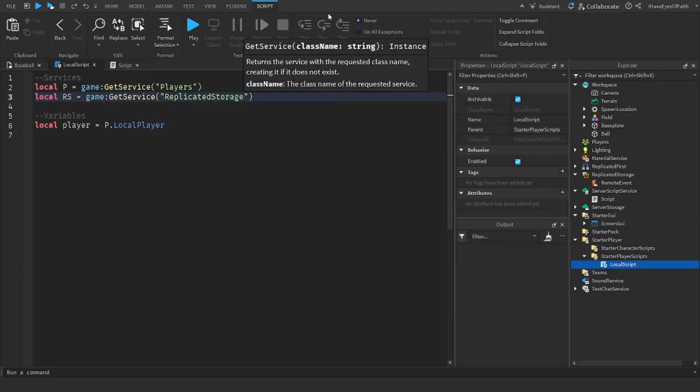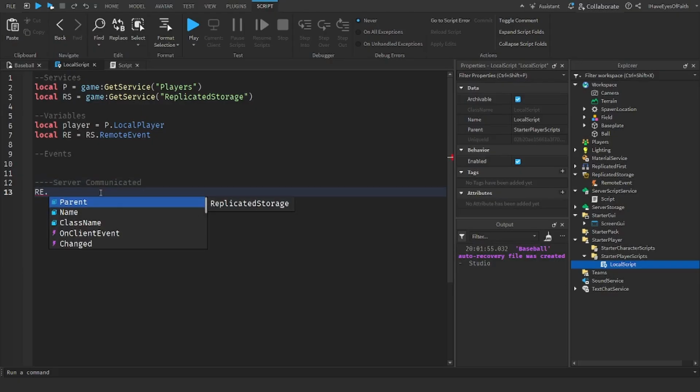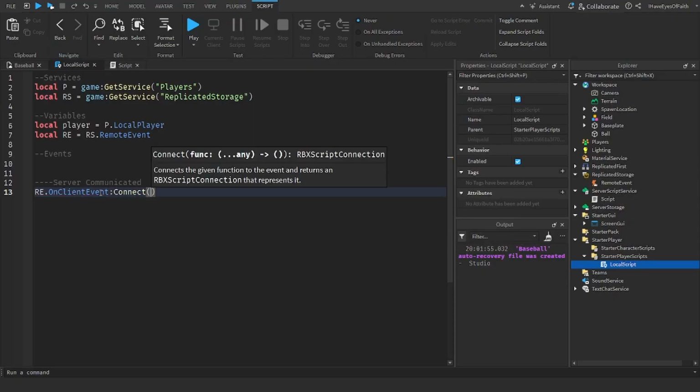And of course, you can call your variables whatever you'd like. But this is just what I do. I don't know why I do it like this, but I do. And RE equals to rs.remote event. Now we can focus on when the server communicated with us through the remote event. And to get that, obviously we do on client event, connect function,